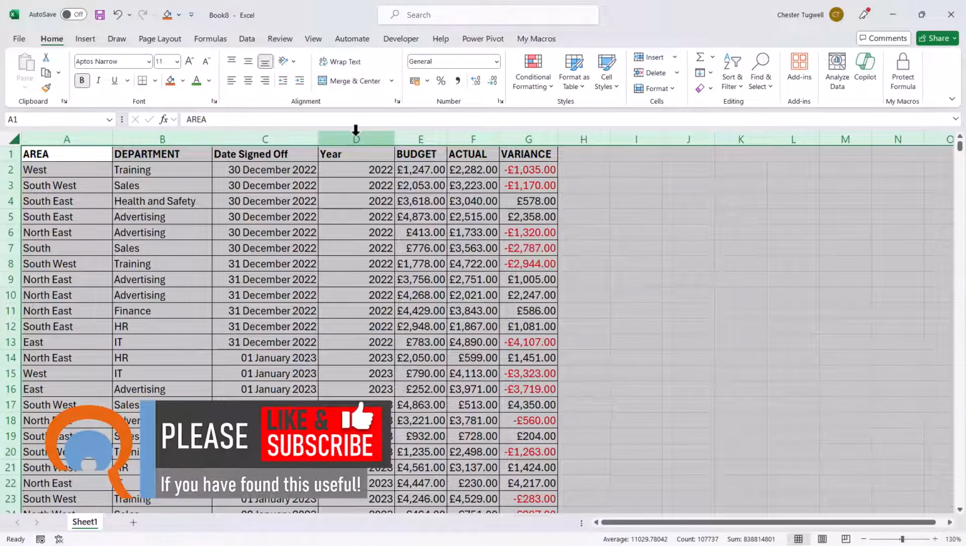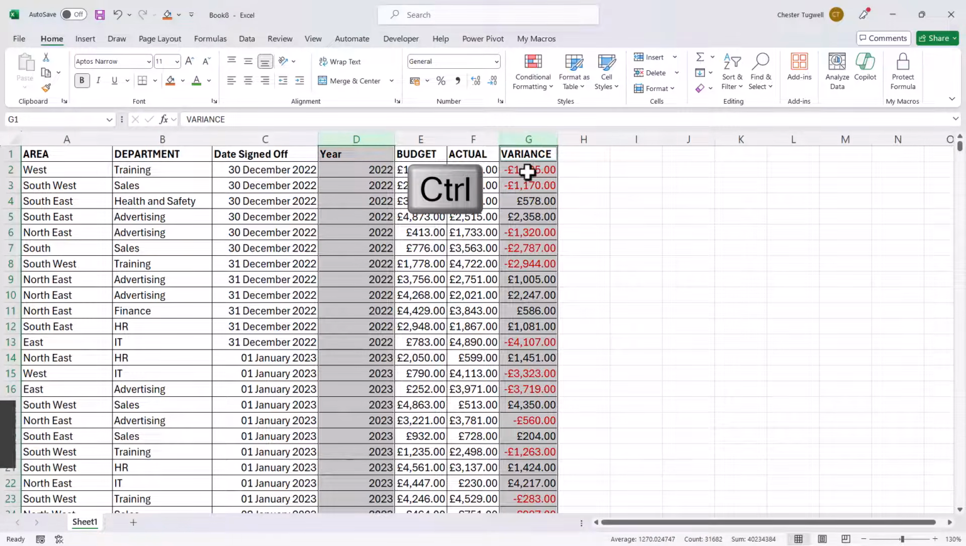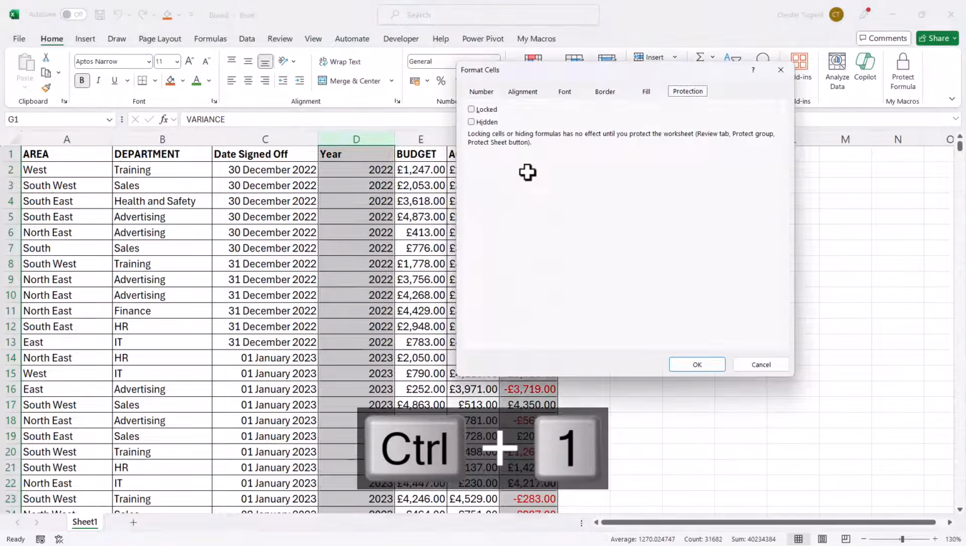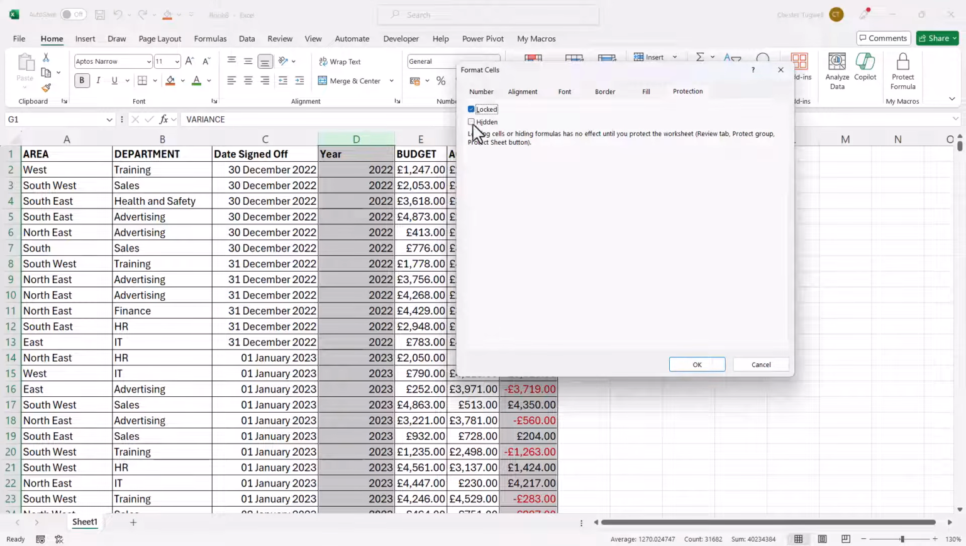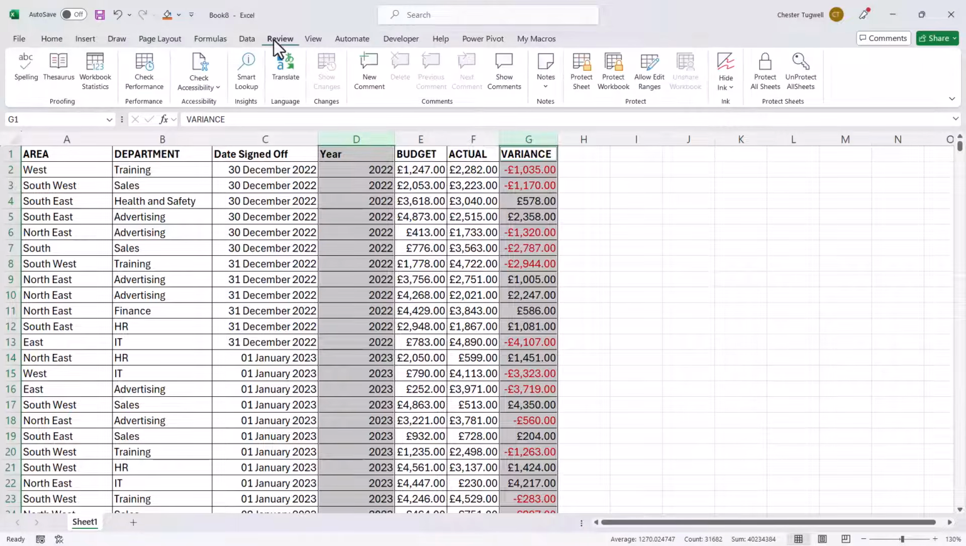of these columns. So I'm going to select the year column, hold down Control on my keyboard and select the variance column, then Control-1 on my keyboard and then lock those cells. Click on OK. Now to activate the lock, you need to go to the Review tab on your ribbon and